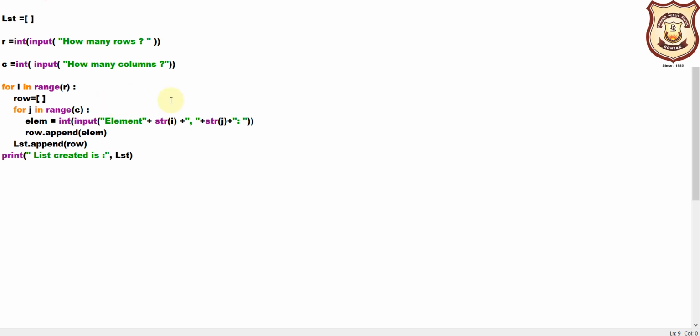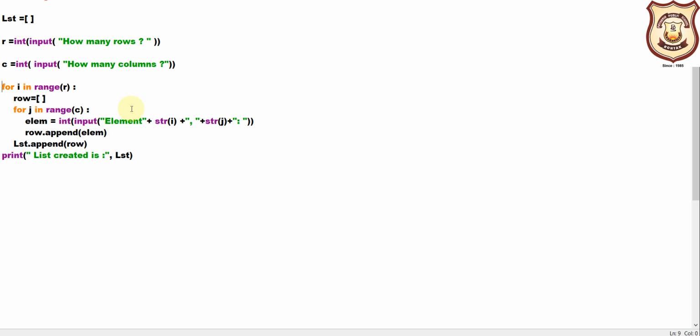We know that data inside the list is entered row wise. Firstly the first row will be created, then the second row, then the next row if you have given the command, and inside the first row the first column will be created, the second column will be created, and so on, right? If we are talking about the first row, initially the first row takes up the values, and firstly we add the first column and then the second column.